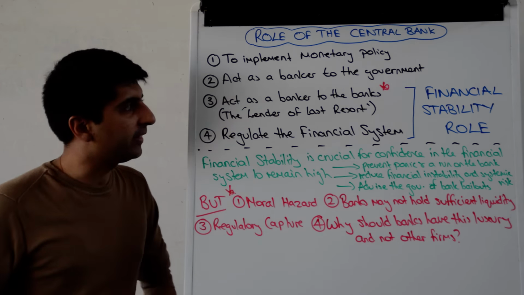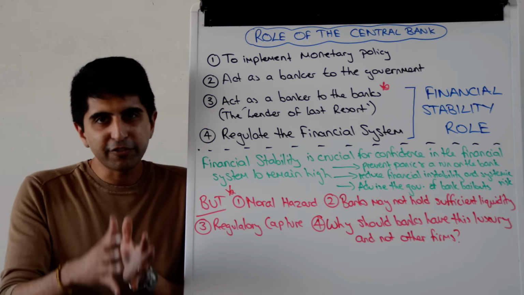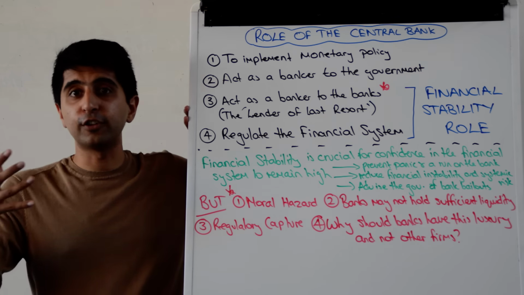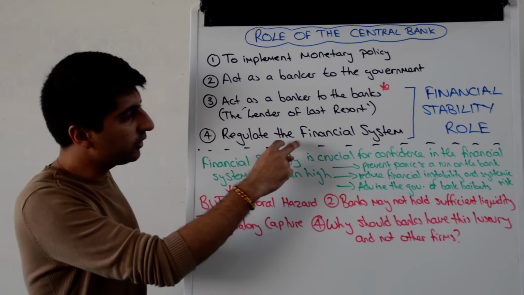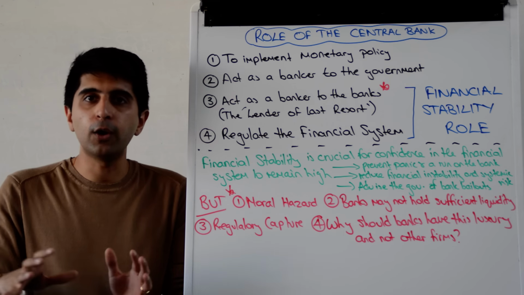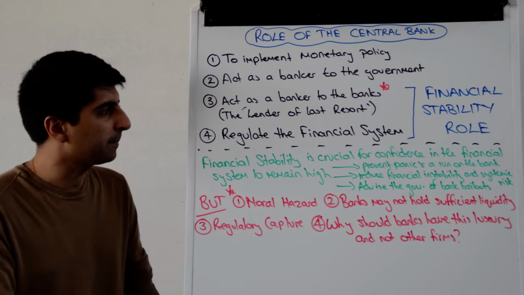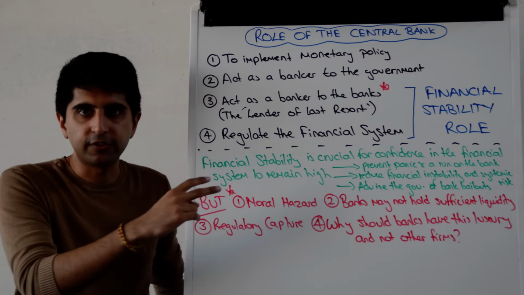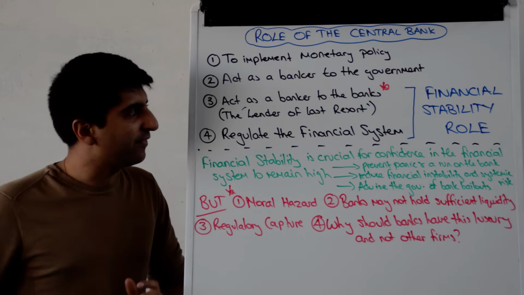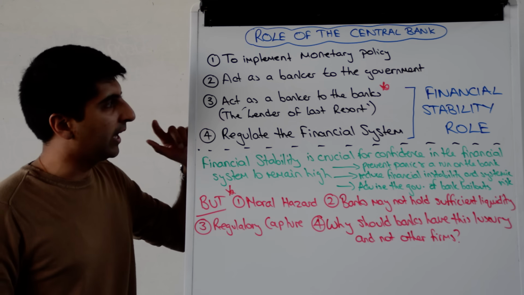Let's now evaluate the lender of last resort function of the Bank of England. From this video onwards in my playlist, I'm going to focus on these two roles in lots and lots of detail. So if you want to evaluate the role of regulating the financial system, watch my video on that, which is towards the end of this playlist, to get a really detailed understanding of how they regulate the financial system, what can go wrong with that kind of regulation. But I'm just going to focus now on evaluating the lender of last resort function of a central bank.